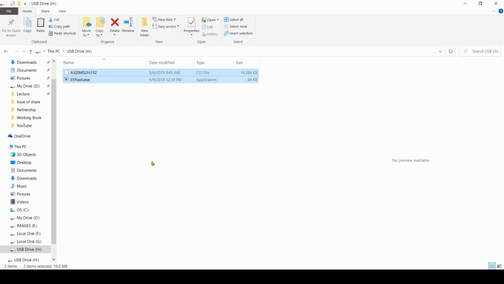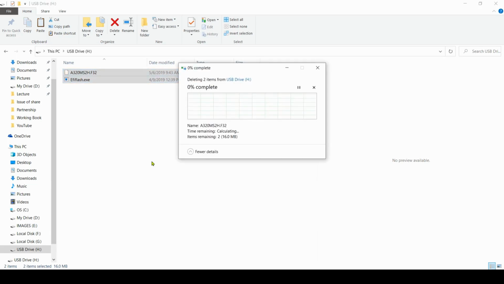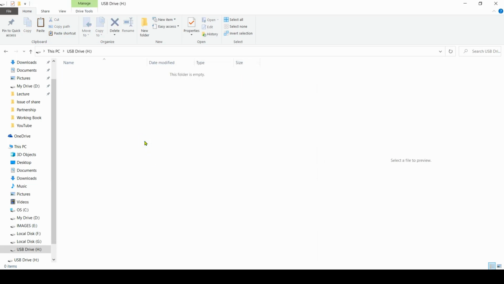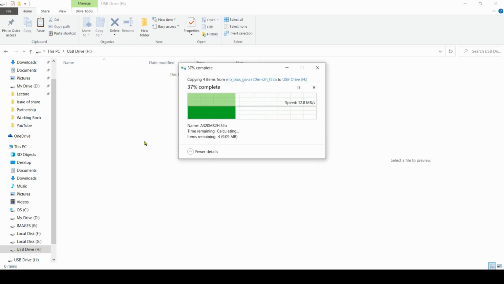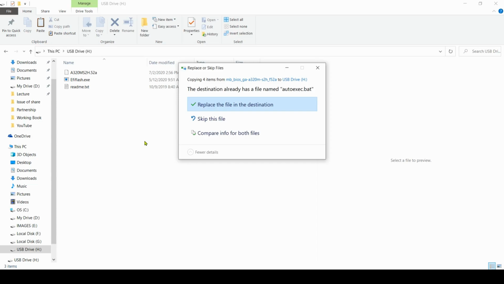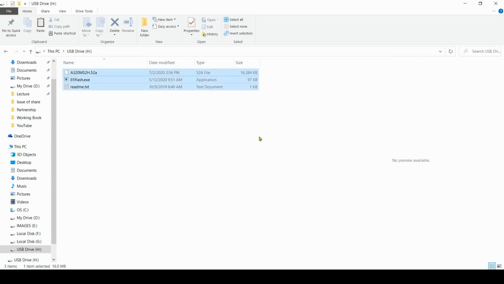I'll delete the previous BIOS and then I'll paste the new BIOS here. Then in a similar procedure, I will update to this latest BIOS, and then in my next video, I will show you how you can overclock your CPU and RAM with this updated BIOS.